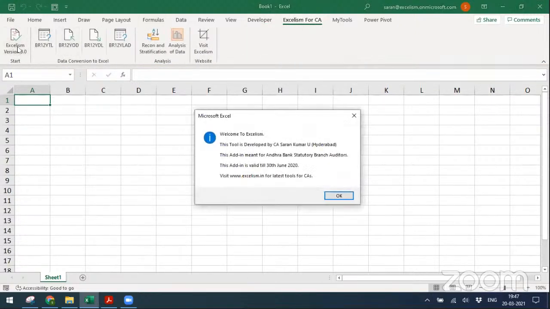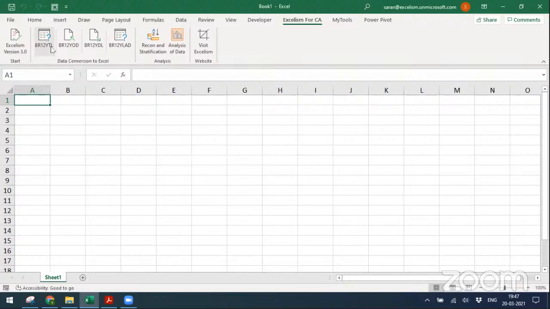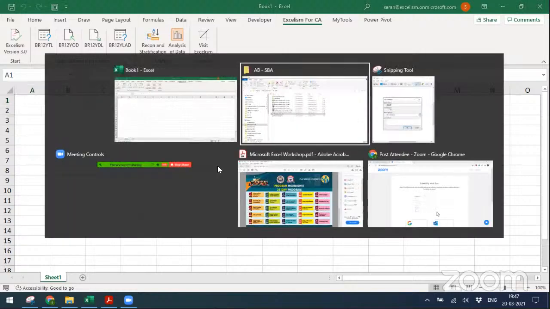Once I click this, there's a message which I built for myself. There's a user form and a message box. Welcome to Excelism. This tool is developed by CS Charan Kumar. The add-in is meant for Andhra Bank Statutory Branch Auditors. This is valid till 30th June, and you can visit for the latest tool for CS. I'll tell you